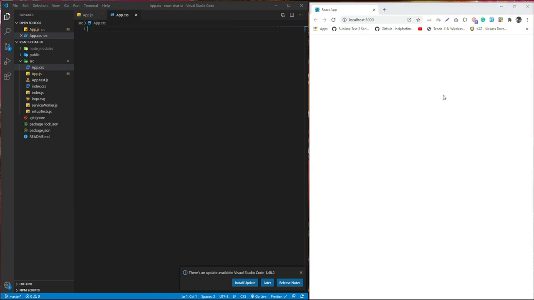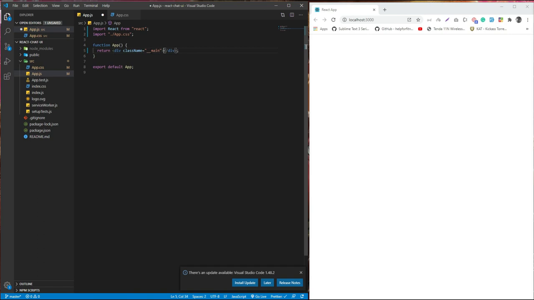So now let's add my own class. Suppose I'm adding main. This is our main class. Okay, so in the main class I'm adding some boilerplate CSS. Let me copy and paste the CSS and I will explain what is happening here. This means this style will be applied to all elements present in the DOM. So we are making box-sizing border-box for all elements.